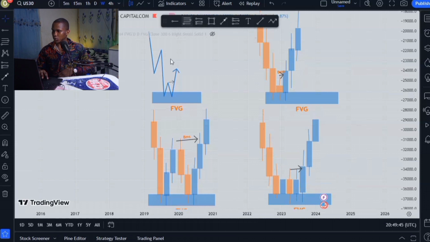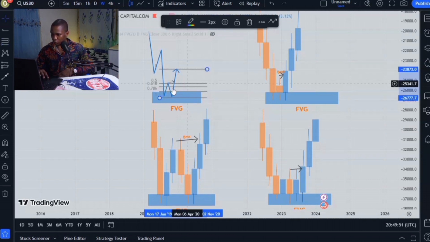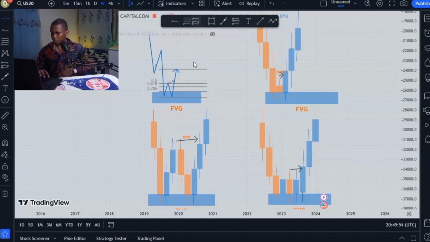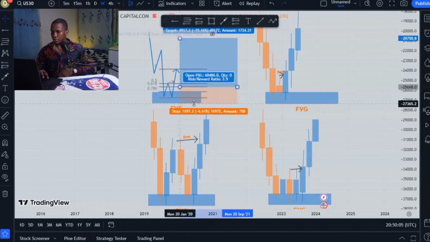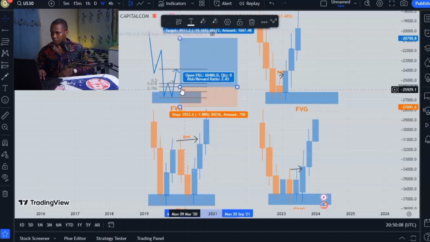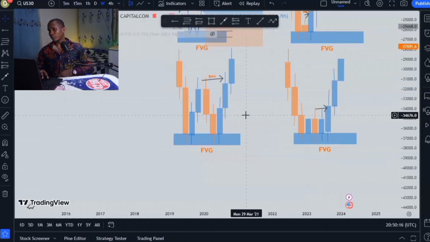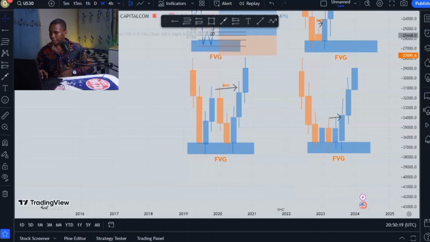And you take your fib the same way, draw from the lowest point the market has been to the highest, and we'll be entering from this zone, this zone, stop loss 2 pips below the fair value gap zone. Take profit 5 RR. Another type of displacement we're going to be looking at is